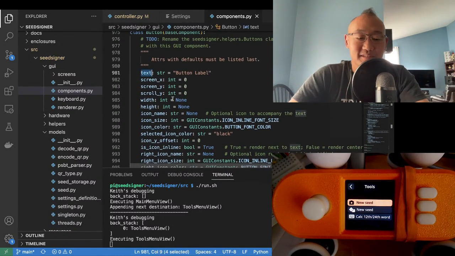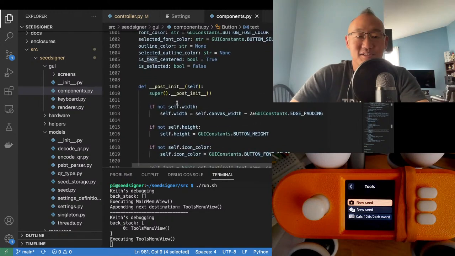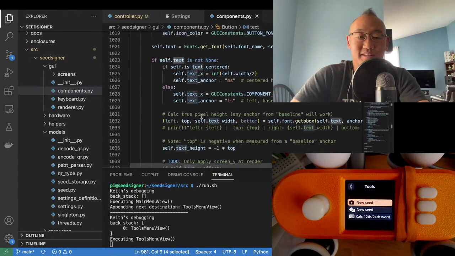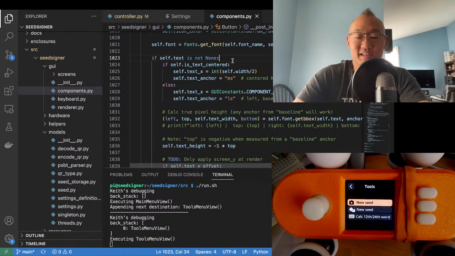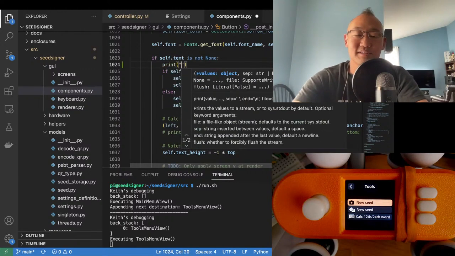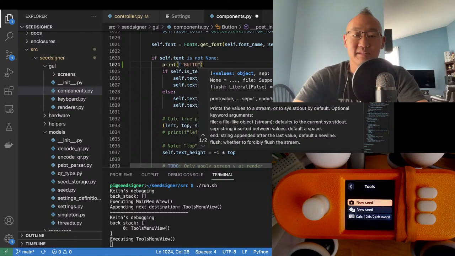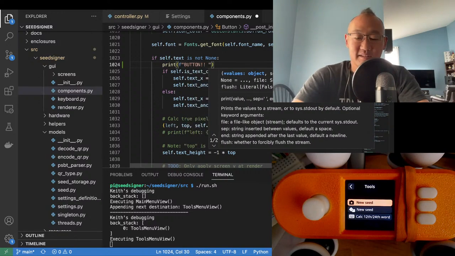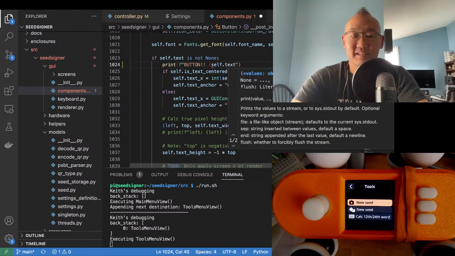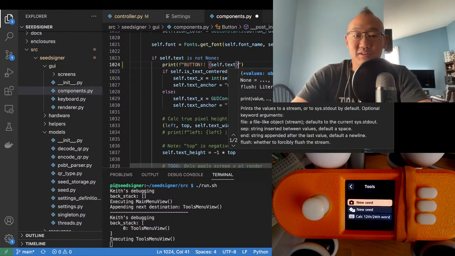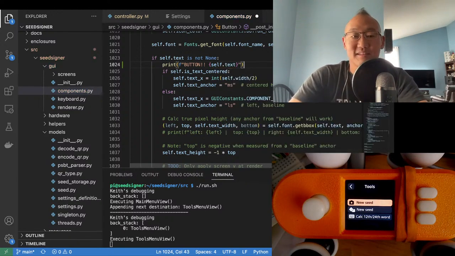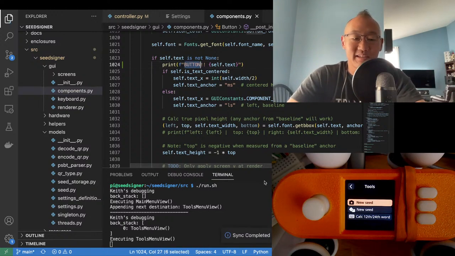Buttons have text. So as we initialize a button, if text is not None, print button, I can't type, and then self.text. So I'm going to print the label that should appear on a button